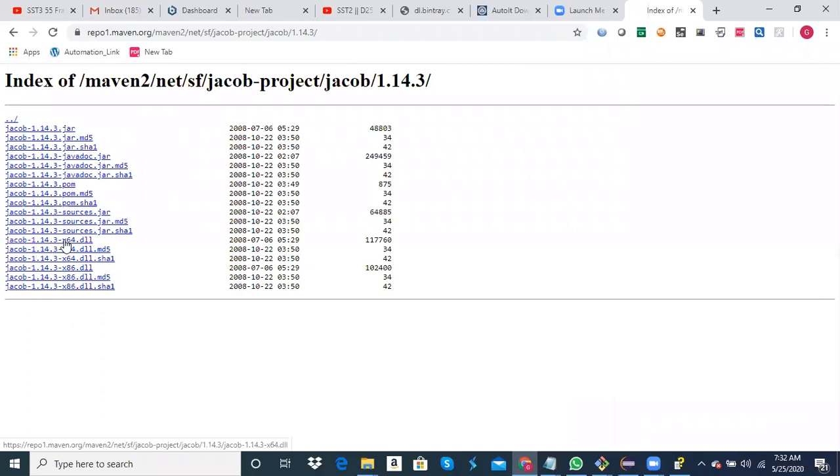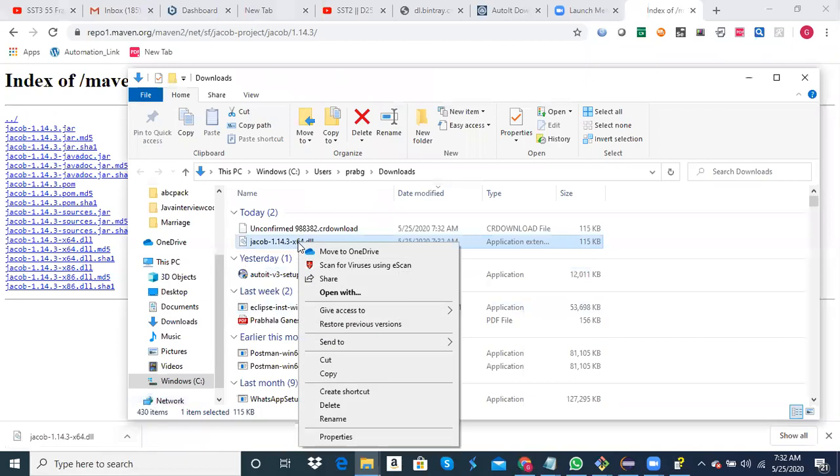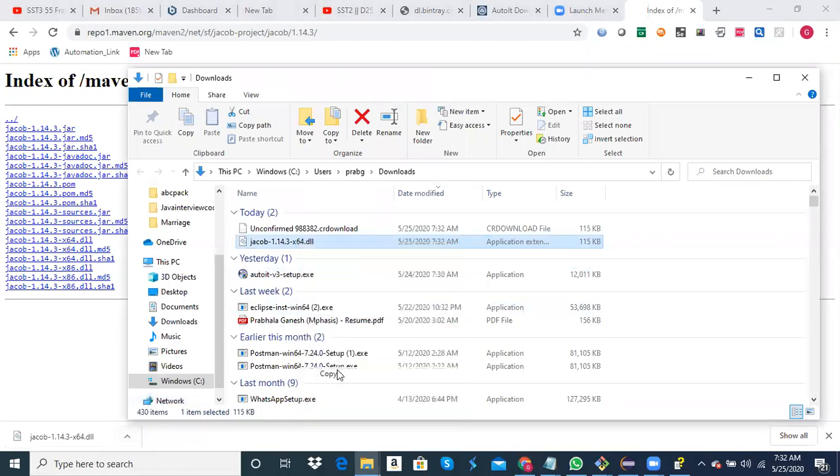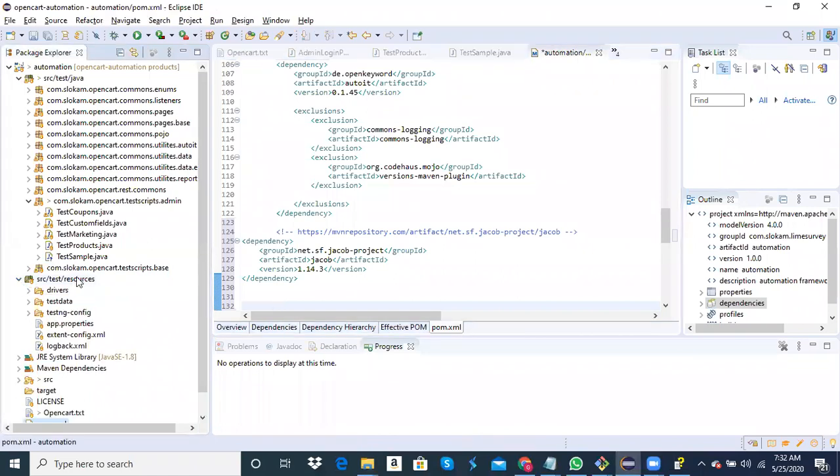So this DLL has to be downloaded into your system. Generally where I keep this file is, copy. Just like we kept our drivers in the resources, I'll keep the DLLs also.